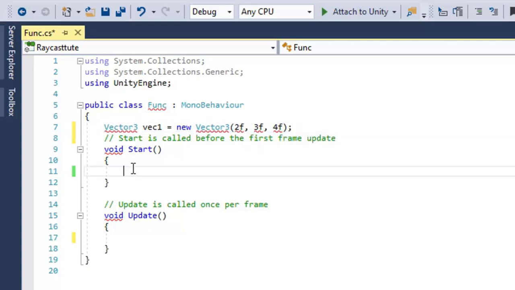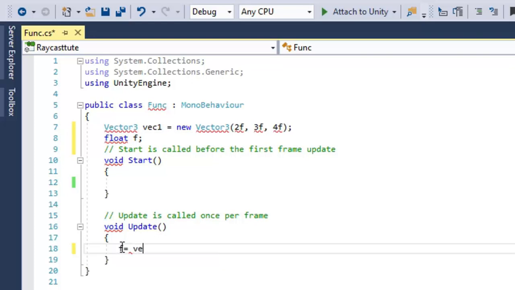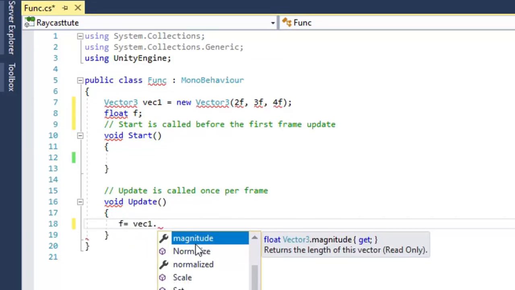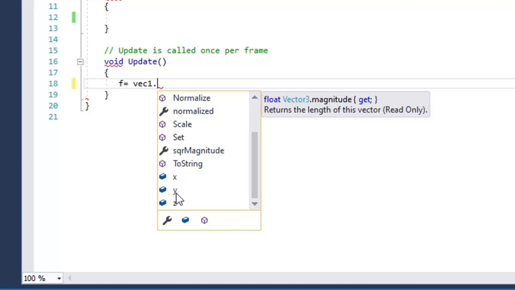Now suppose here I am taking a float data type, f, equal to vec1 dot. Here you can see that various options are available. We can see that x, y and z, the three coordinates, are also available explicitly.